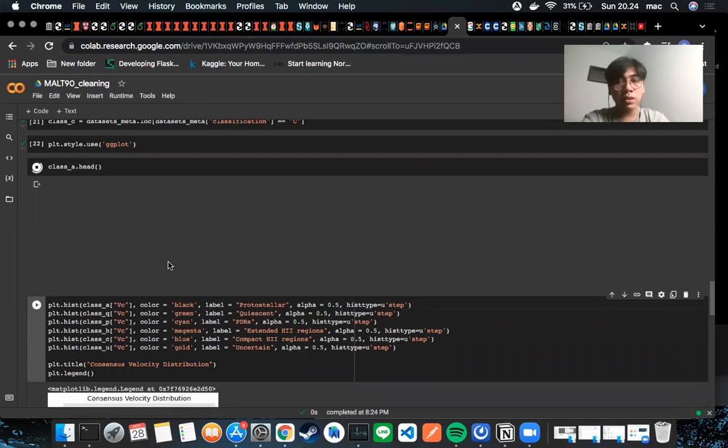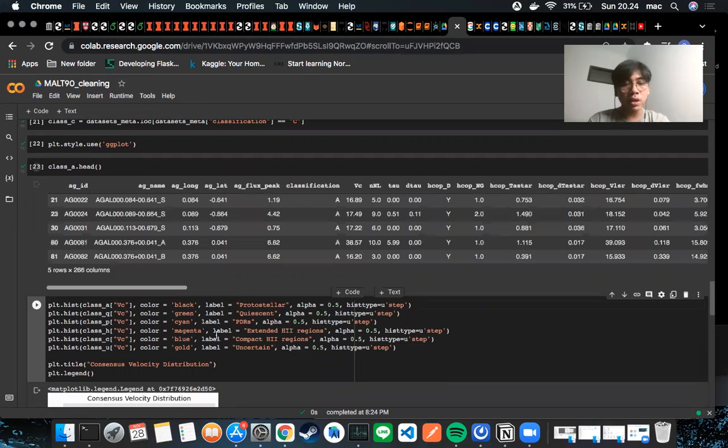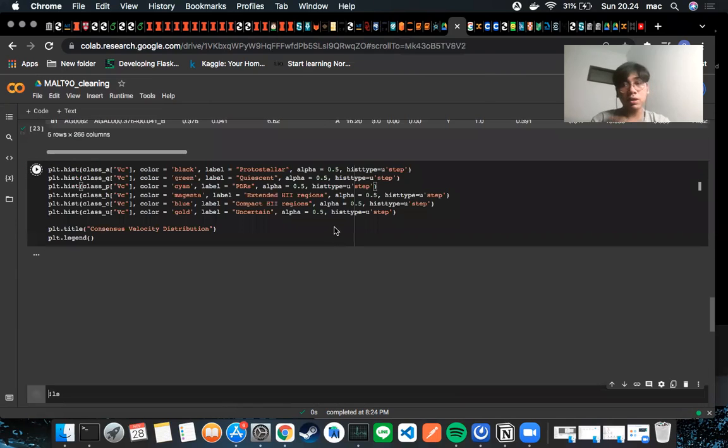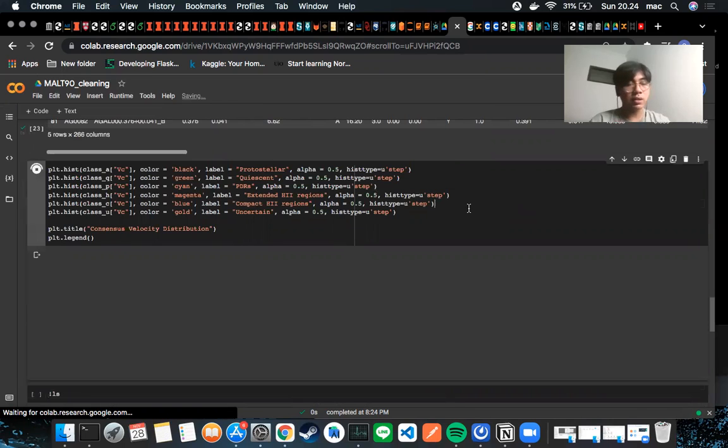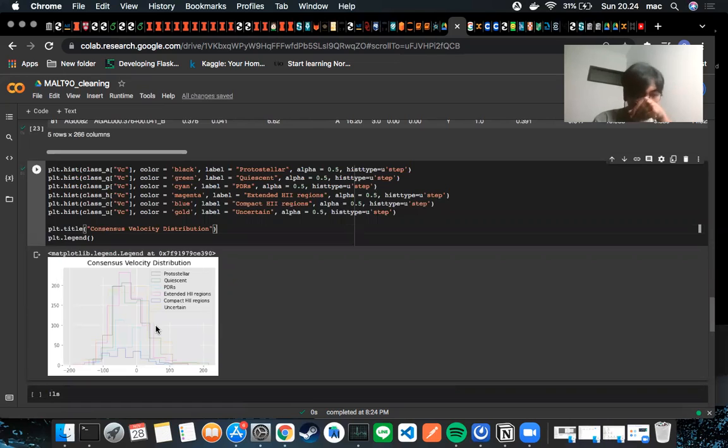As an example, we want to know about the velocity distribution for each class. So we can use a histogram to plot the distribution of the velocity. I'll show you. The histograms will be superpositioned, and you can see how different one class is from the other. You can see this distribution. Yeah, it's quite